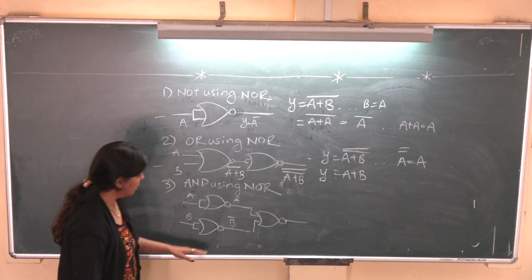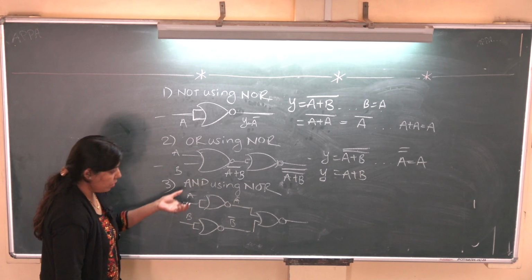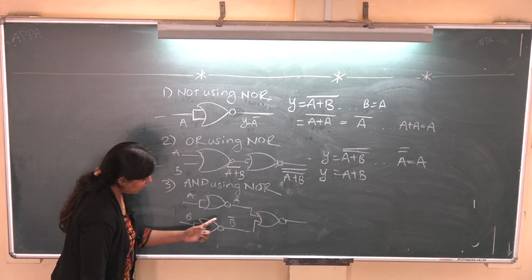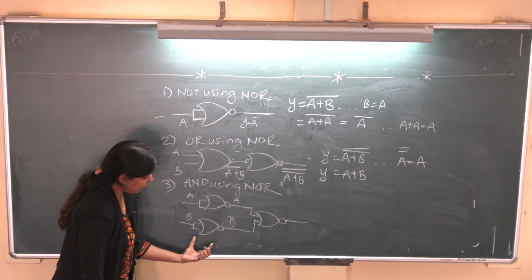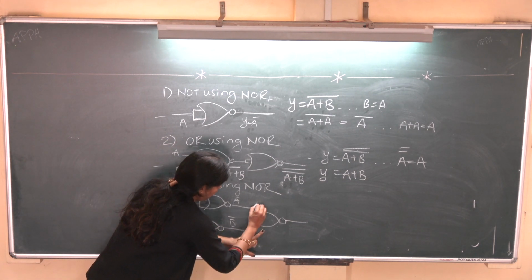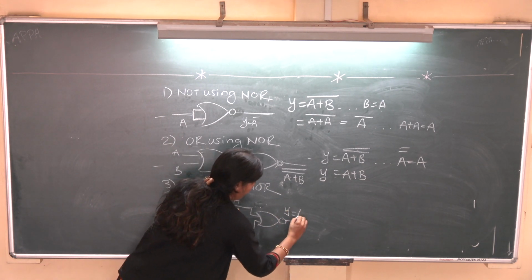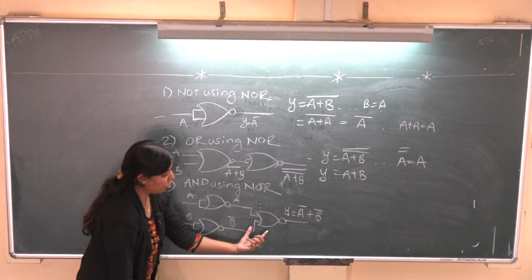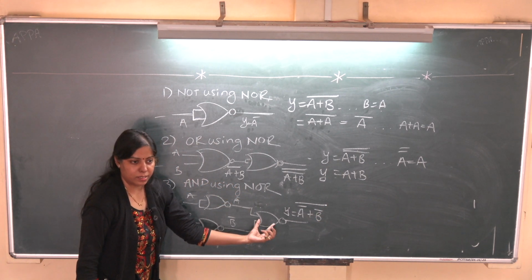Now the next is, you want to implement the AND gate using NOR. Now the variables are separated and inputs are shortened. So A becomes A bar by using the first NOR gate, and B becomes B bar by using the second NOR gate. When we put this into the third NOR gate, the expression is A bar plus B bar whole bar, because we are putting the NOR gate, and this is the inversion.